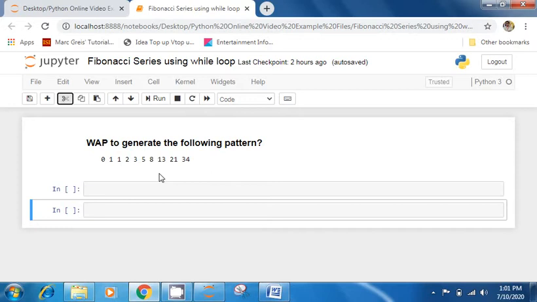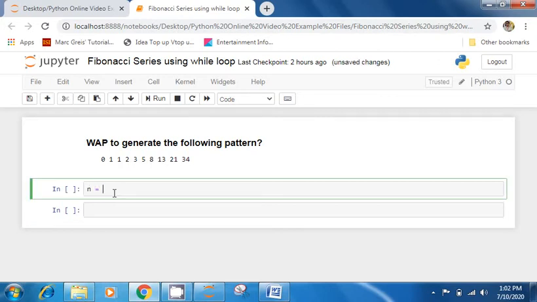By default those two numbers are 0, 1, and if not given then this is 0, 1. If given, they can start with any numbers, up to any number, like here 0, 1, 2, 3, 5, 8, 13, 21, 34. So there are 10 numbers. It means that first thing you need to ask is up to which value you want to find your Fibonacci series. So let me give the range. Let me ask the user, enter the range. As per this question I need to write here 10.